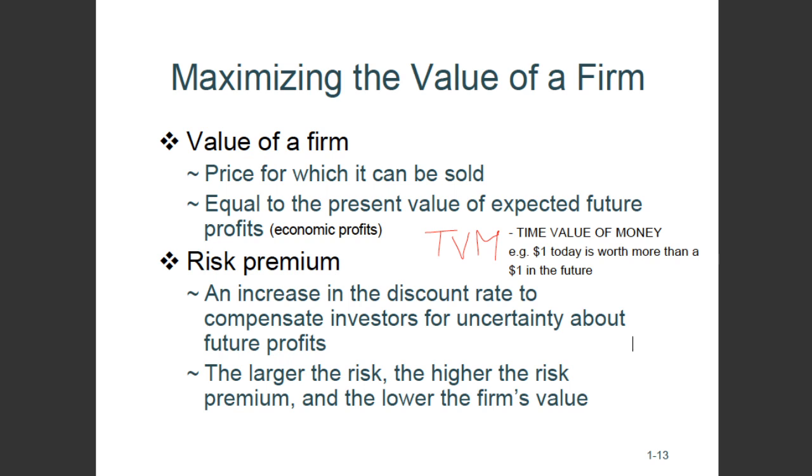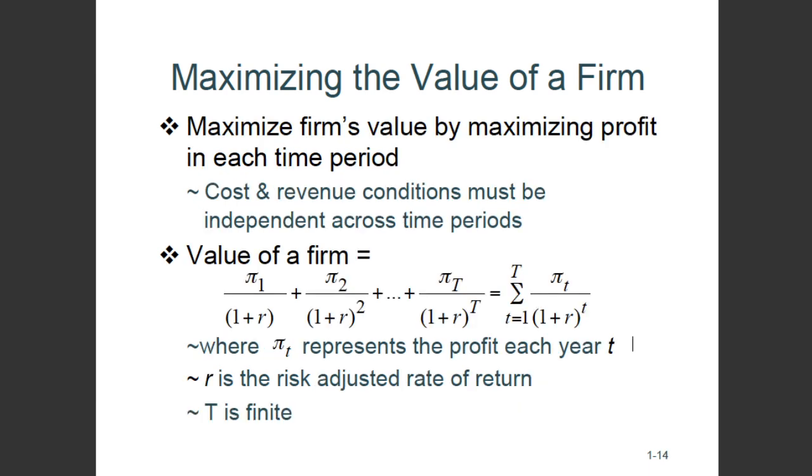So we have to consider R, the risk-adjusted rate of return. Okay, so what is that? So these pies here, these symbols here are the profits in each period, okay? The value of the firm,